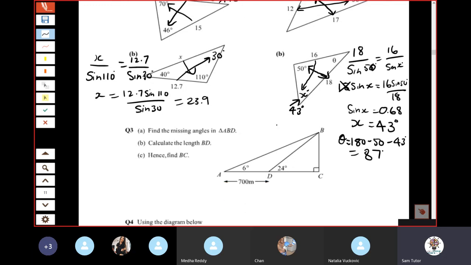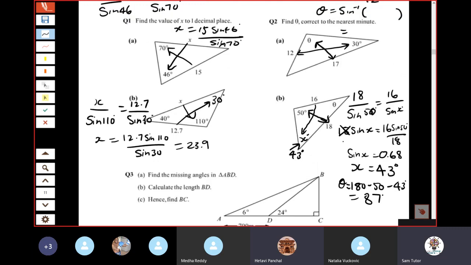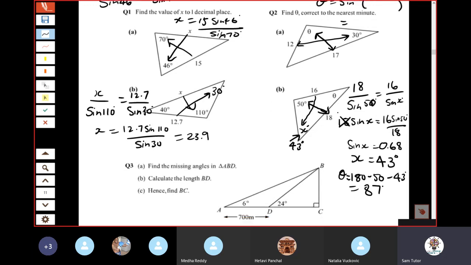Cool. Sam, aren't they meant to be to the nearest minute? Is that what it said? Oh yeah. Oh well, I did it to the nearest degree. I'll lose a mark. I'm sure you guys all know that. If it's nearest minute,